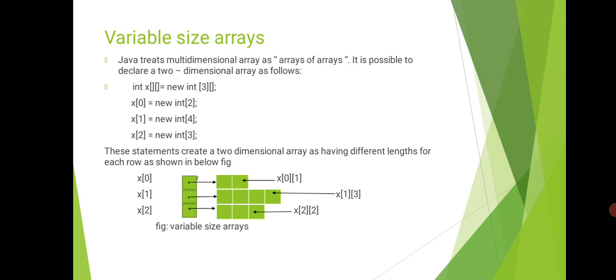So in this way, for each row we can create a different length, that is, the number of columns can vary. ಅಂದರೆ ಅಲ್ಲಿ number of columns ನ ತಗೋಬೋದು, ಎಷ್ಟು ಬೇಕಾದ್ರೂ ತಗೋಬೋದು. First row 2, second row 4, third row 3, so on. This way we can keep mentioning a different column size for each row. So that is why a multi-dimensional array is also treated as arrays of arrays, or called arrays of arrays, in Java.